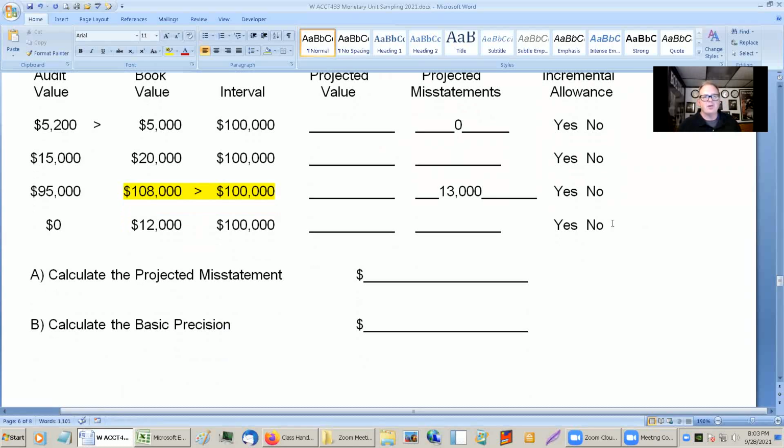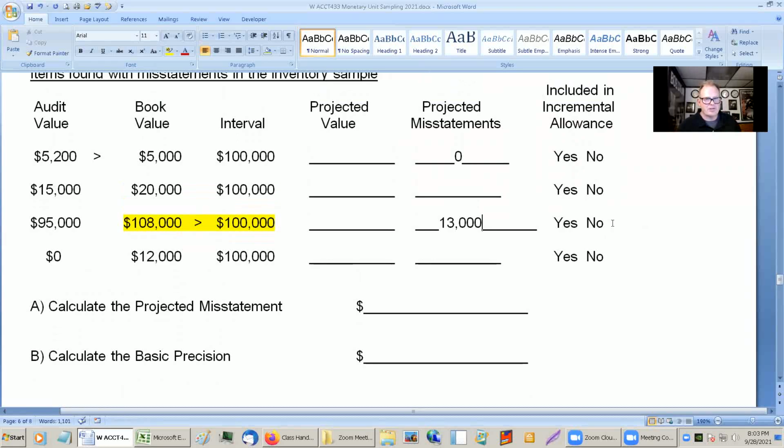And this one, would it be in the incremental allowance or no? No. Nope. It would not be in the incremental allowance because it couldn't get any worse. It covers the entire interval. It had a 100% chance of being picked, by the way. So the projected value will be the difference between